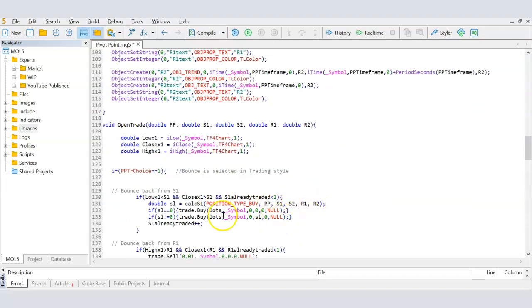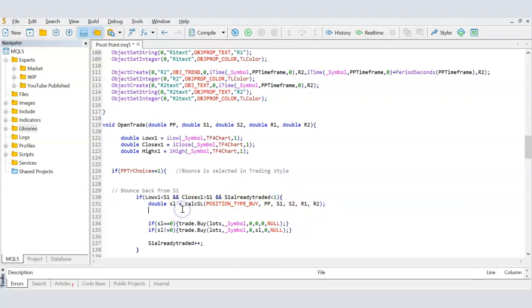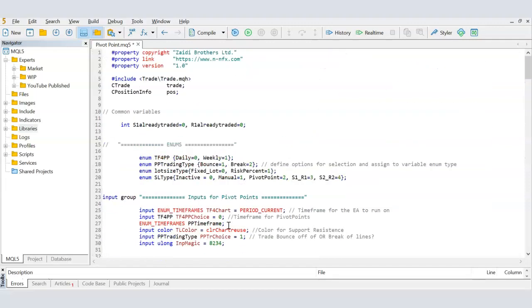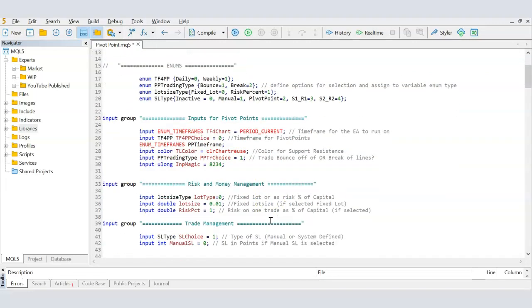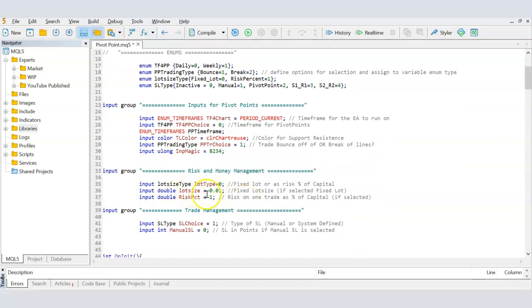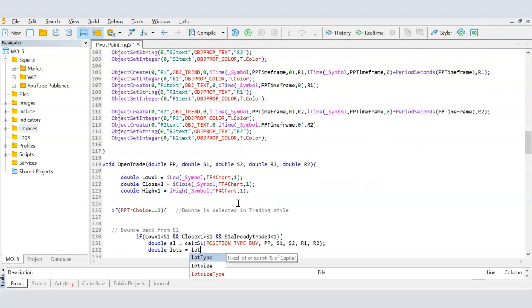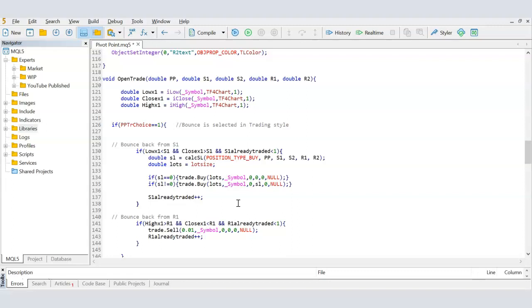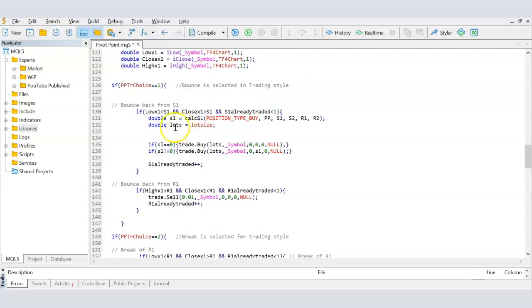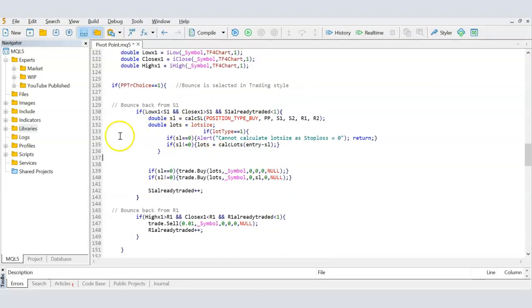Now that we have this function, we can come back up here where we were defining the stop loss, and once we have defined the stop loss, we can go ahead and define the lot size as well. So my starting point is that I'm defining the variable lots and setting it equal to whatever we define in the fixed lot size, which was the lot size. So this is basically starting with the default position of fixed lot size, and then saying that if the lot type,